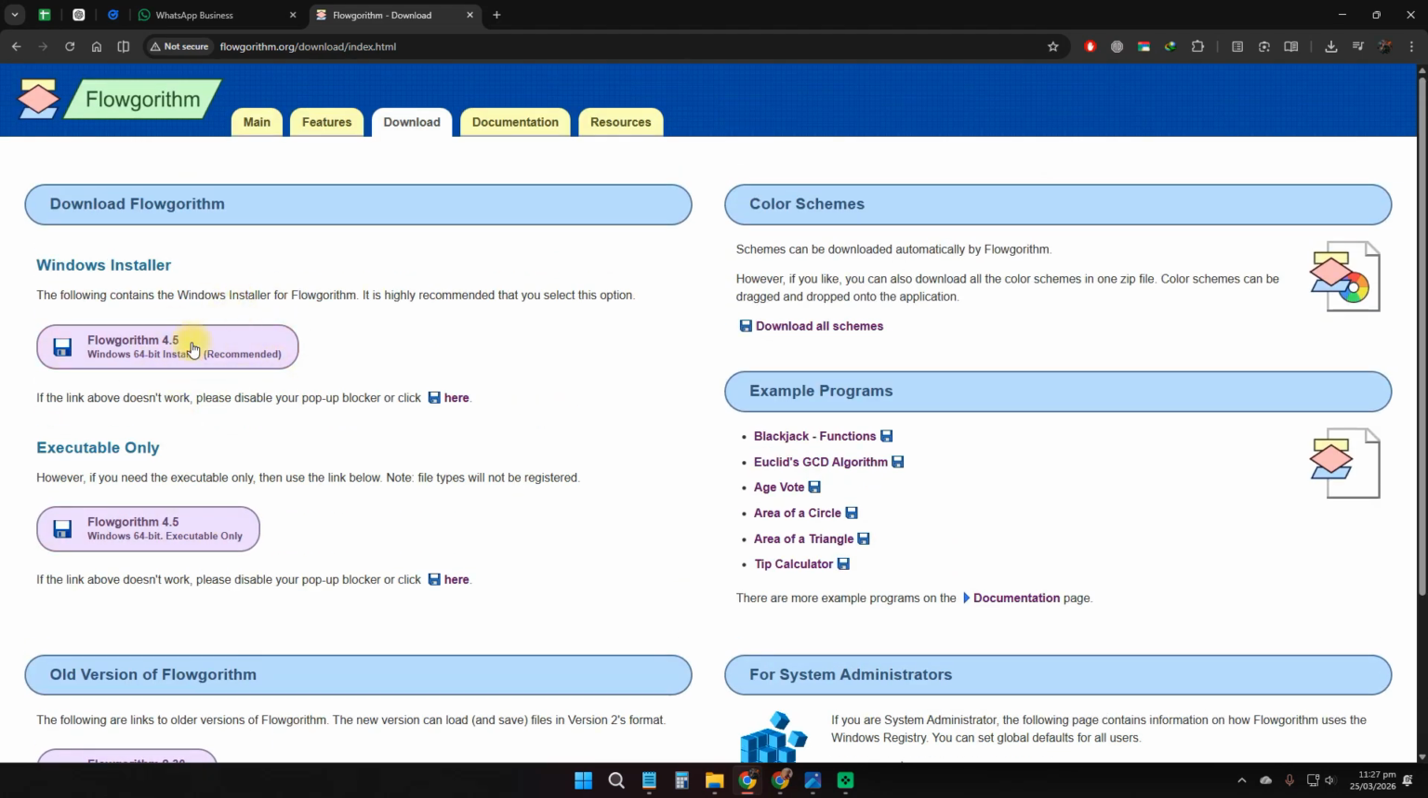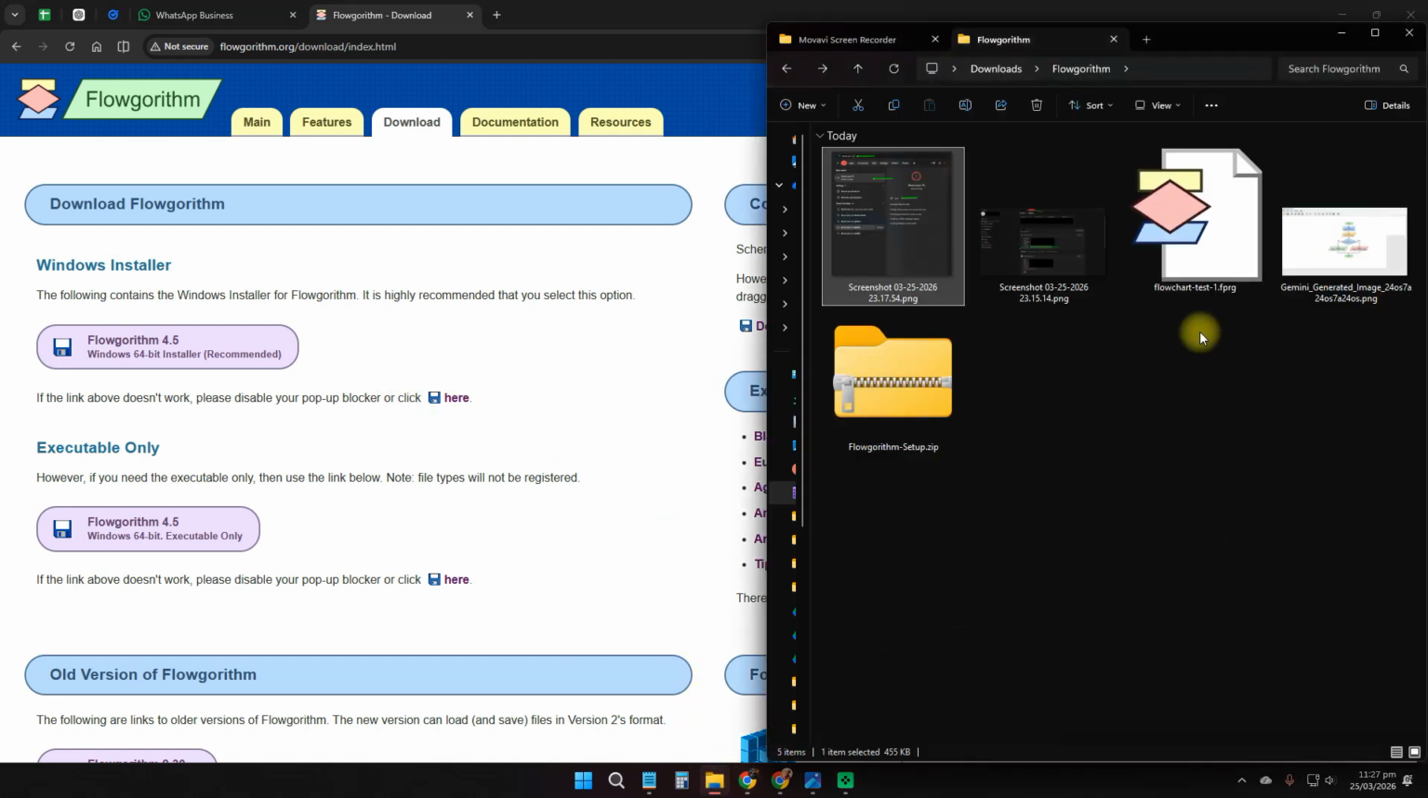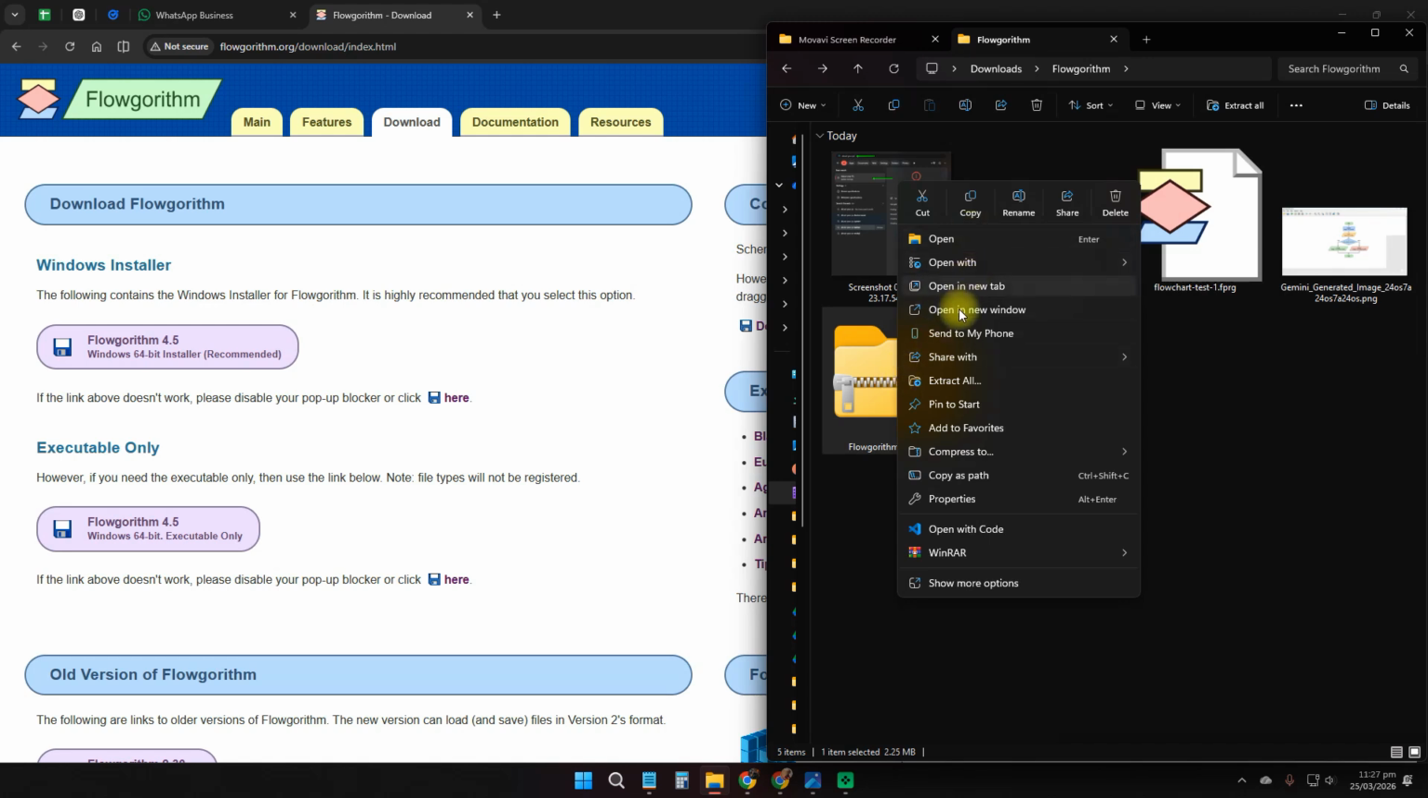So once you've downloaded the file, it's going to be a zip file. In your file explorer, you are going to see the Flowgorithm setup zip. So in your file explorer, you right click, and then in this drop down, you click on extract all,